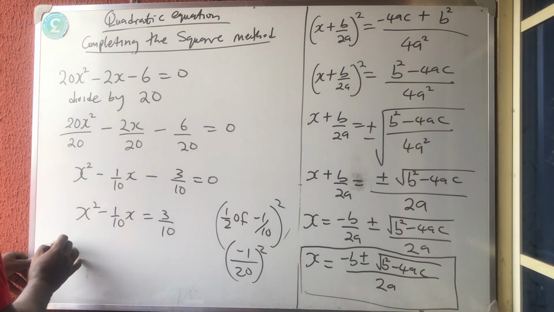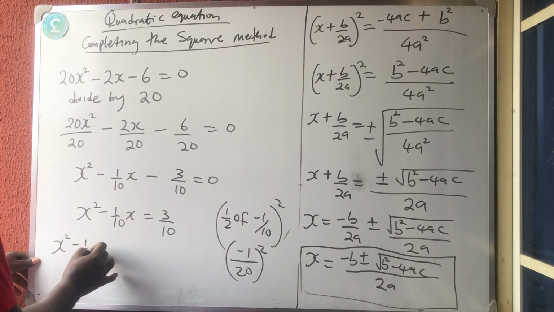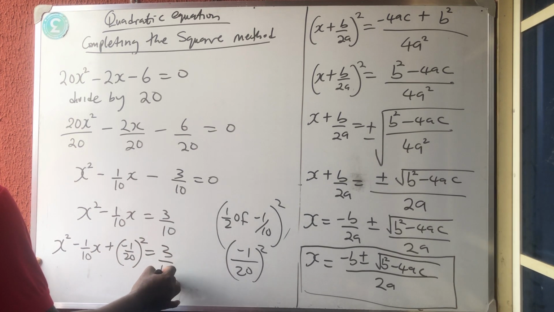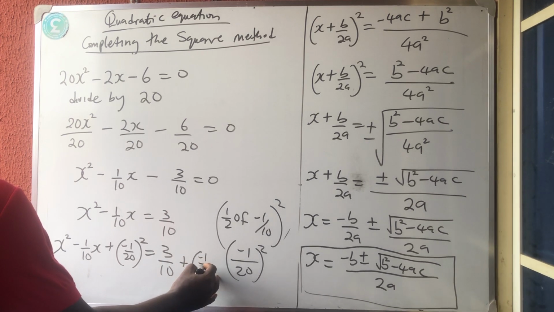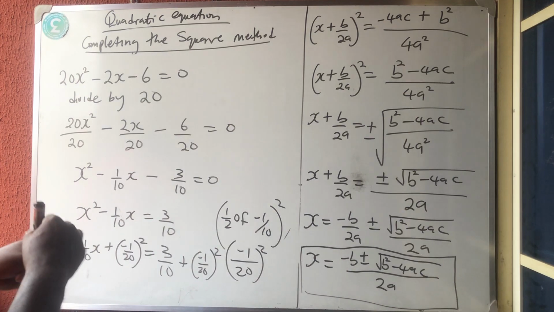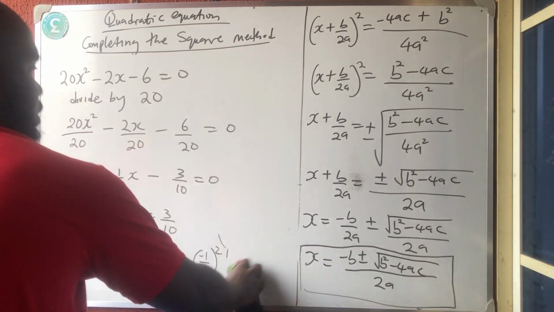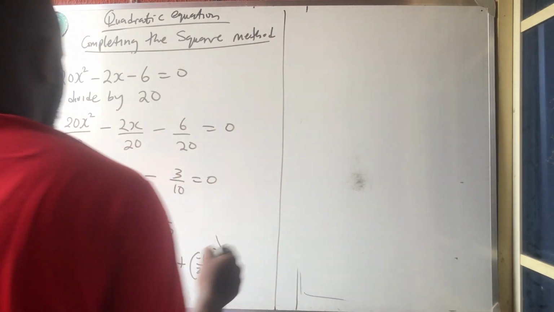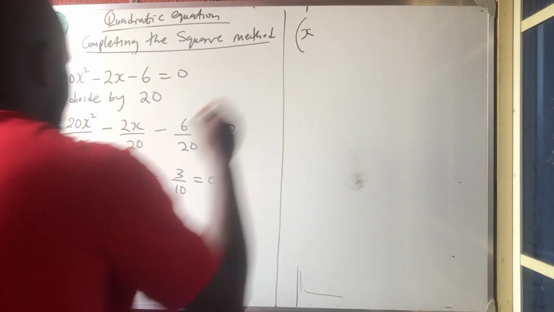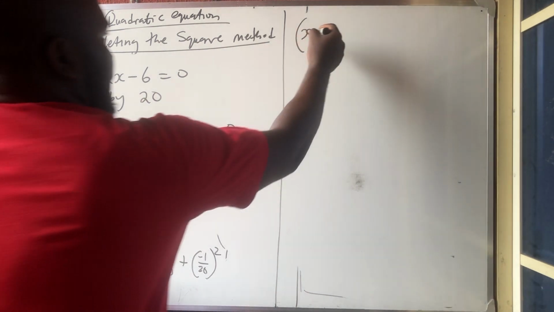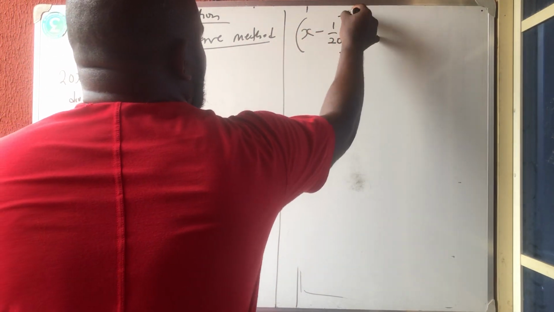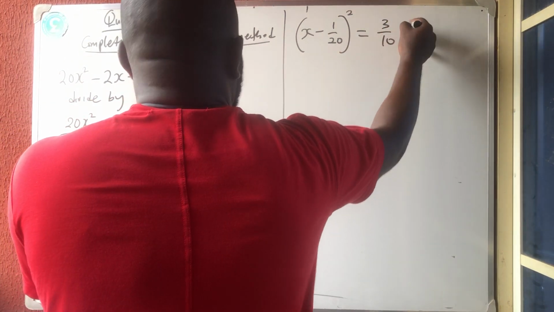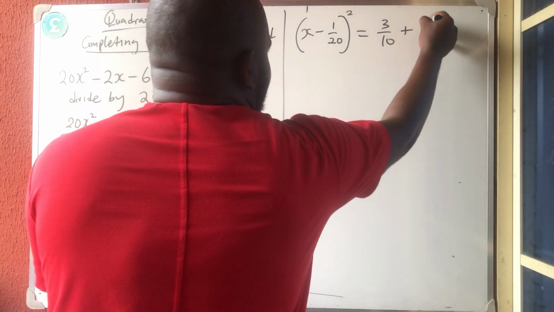So if I'm adding it, I'm having x squared minus 1 over 10x plus (minus 1 over 20) all squared is equal to 3 over 10 plus (minus 1 over 20) all squared. Okay, so we have added to both sides. Since we have added it to both sides, the next thing we are going to do is to factorize the left hand side. If we factorize here, x is squared and minus 1 over 20 is squared, so put the squared outside to show that everybody is squared. Is equal to, do this side, 3 over 10 plus minus 1 squared is 1, all over 20 squared